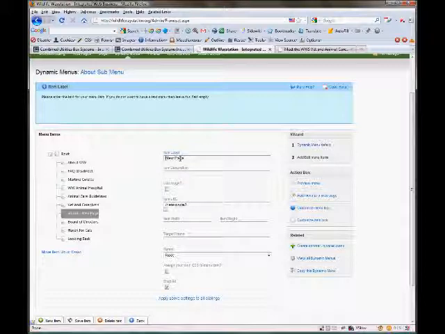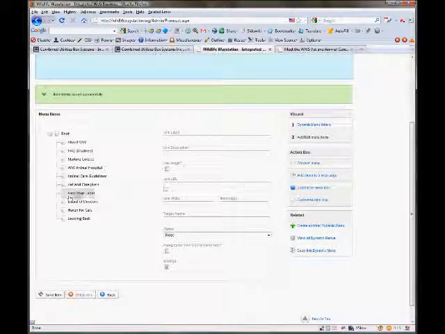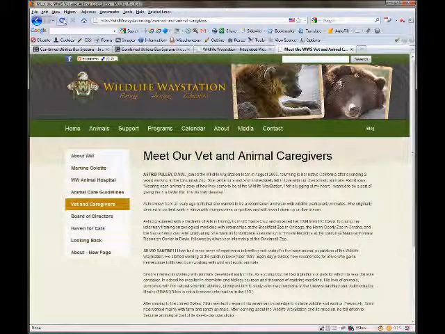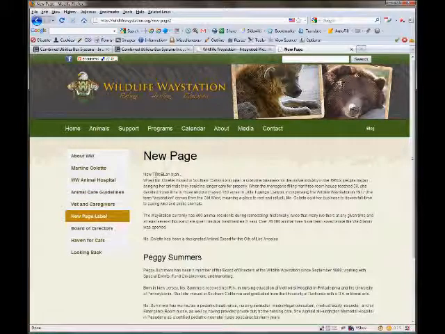The label usually picks up from your page name, so I want to get rid of the about dash and just say new page. We'll say new page label. We'll go ahead and save that item. As you can see, it was renamed and we moved it up. So if we go to the live website, there it is right there, new page label for a new page. And if you recall, I did type new text blah blah blah. So that's how we would handle a website that's structured like that, with many different web templates